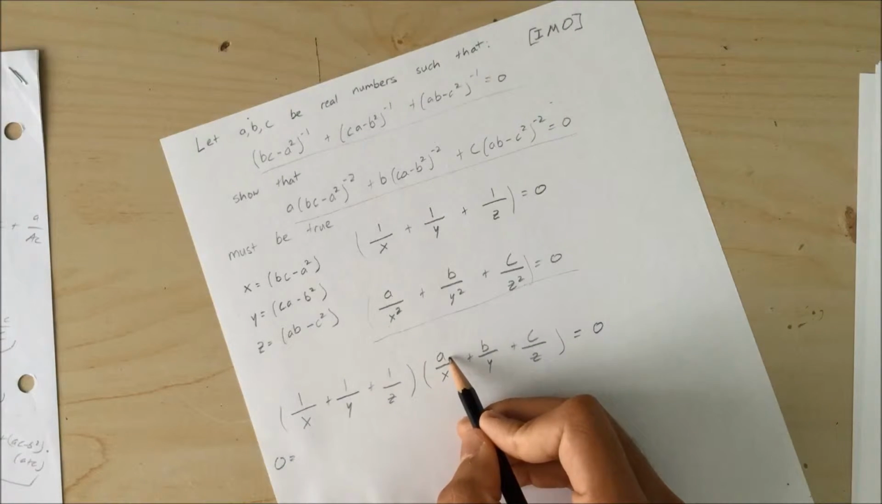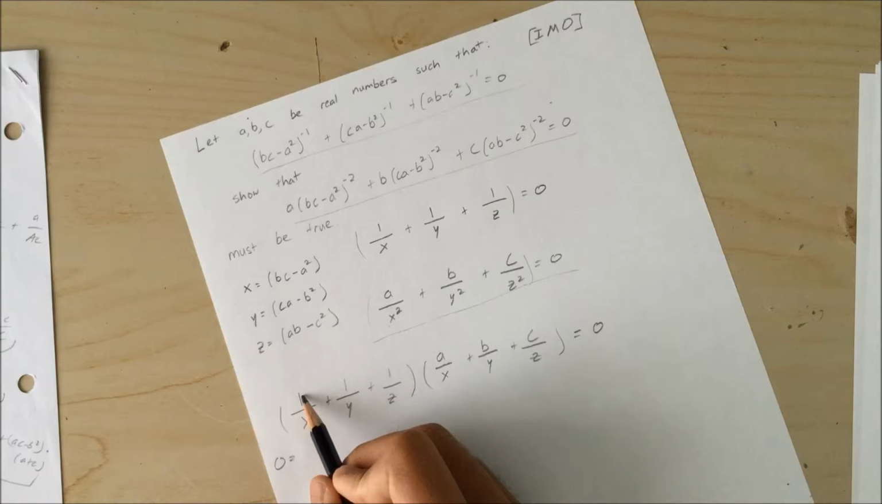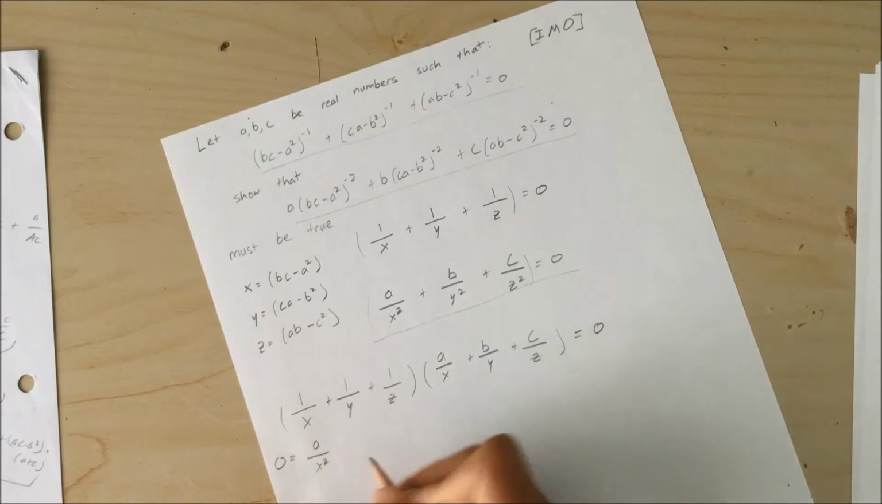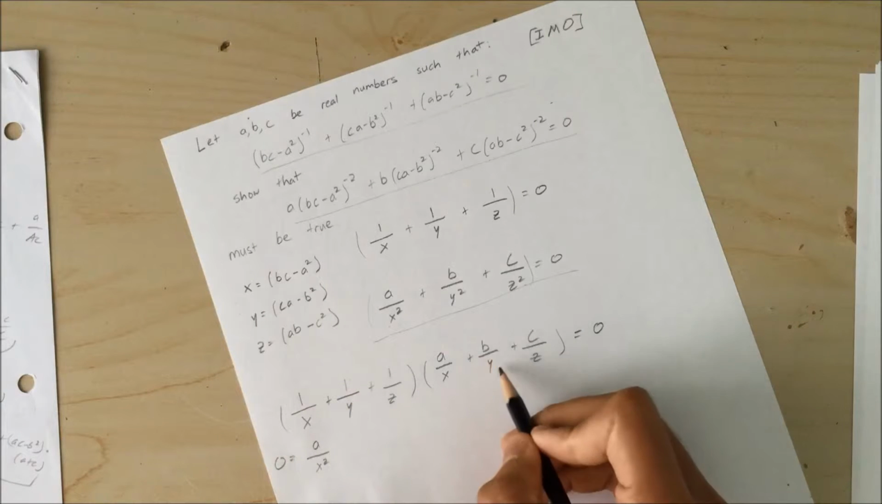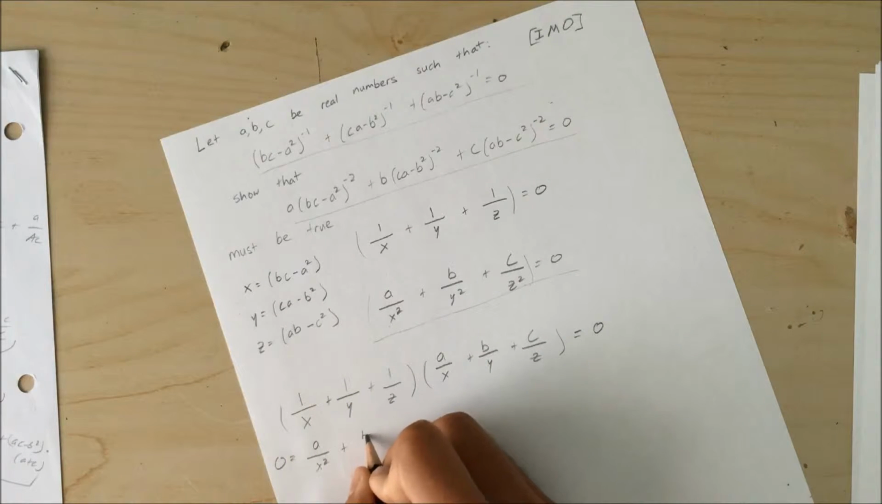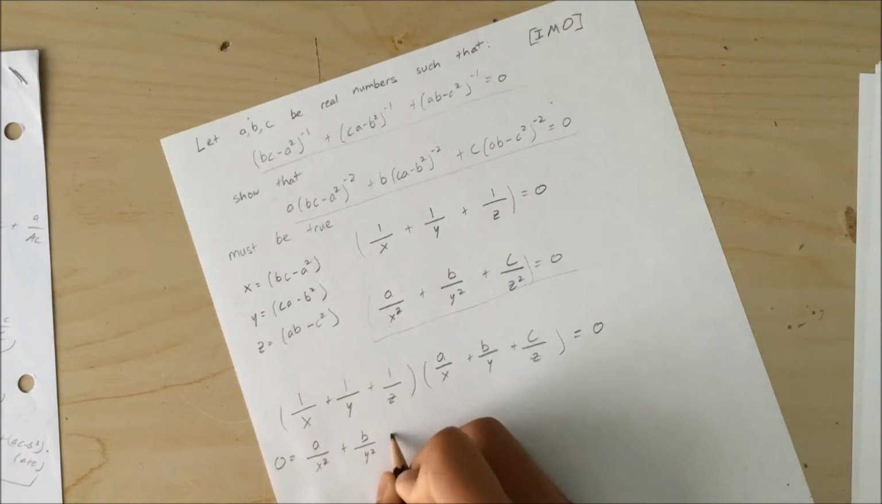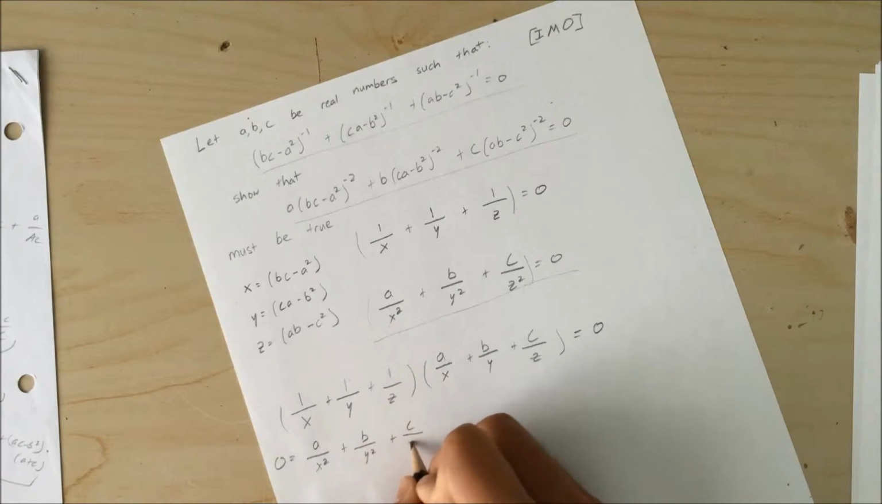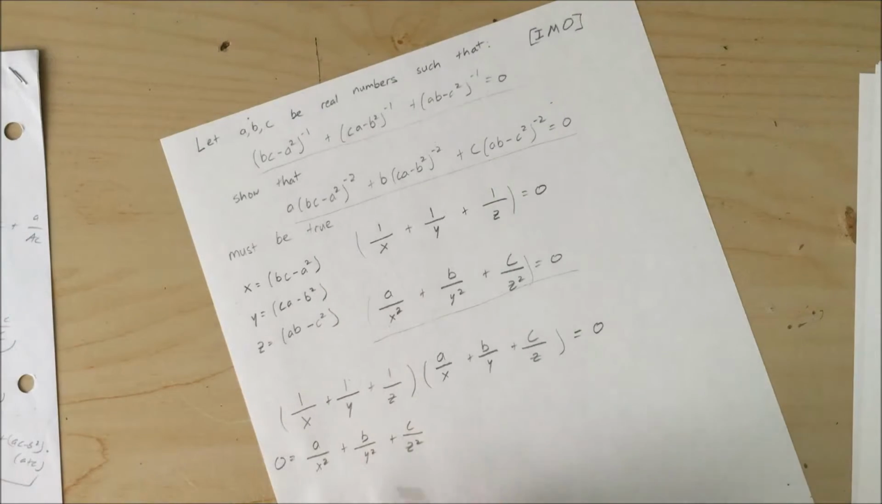If we just expand these first terms right here, we get a over x squared. Now 1 over y times b over y, like I said before, will give you b over y squared, plus 1 over z times c over z will give you c over z squared. And this